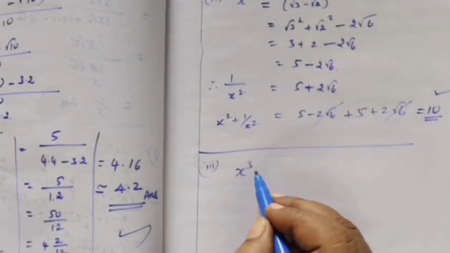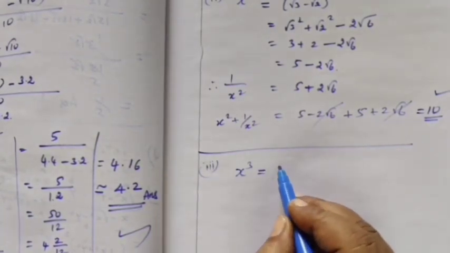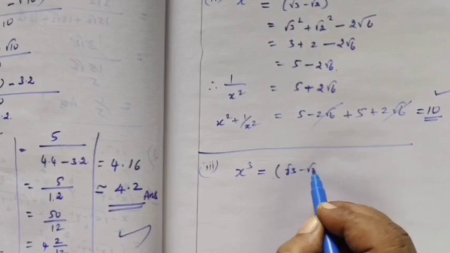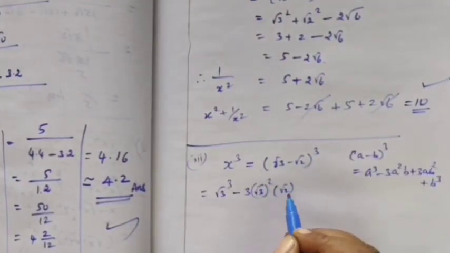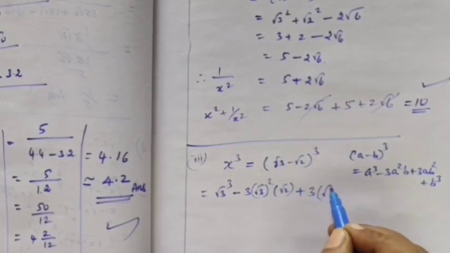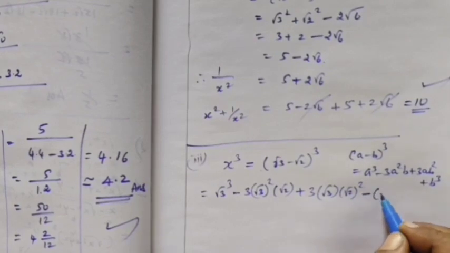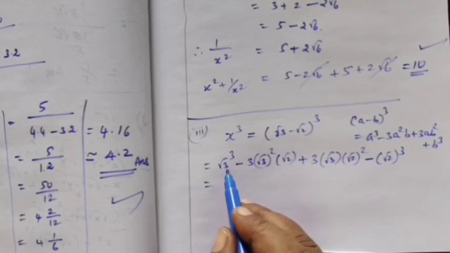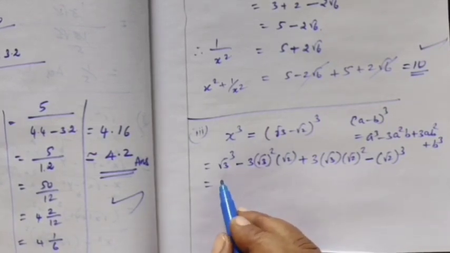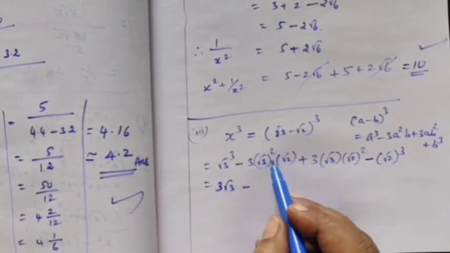x cube you want to find first, because x cube plus 1 by x cube is needed. So root 3 minus root 2 whole cube. So a cubed minus 3a squared b plus 3ab squared minus b cubed. So this is root 3 into root 3 into root 3, root 3 into root 3 is 3. So 3 root 3 minus